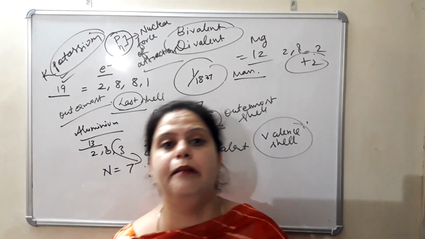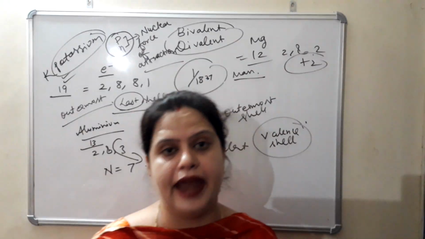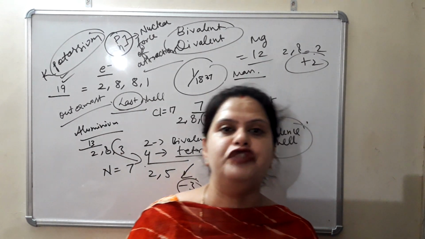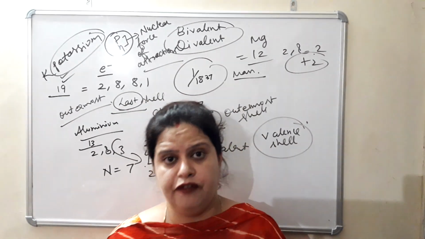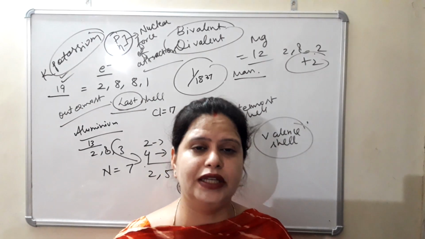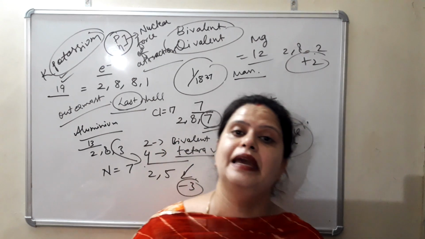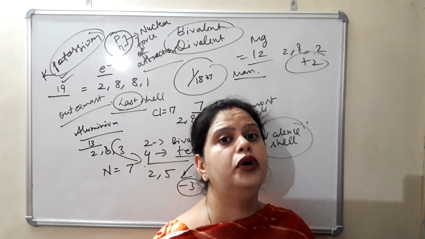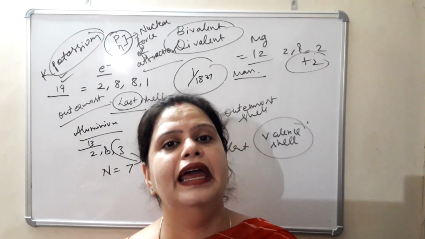Fourth is define chemical bond. So what is a chemical bond? Chemical bond is the force of attraction present either between the atoms of the same element or between the atoms of different elements, with which atoms join, combine or react with each other. That bond is known as chemical bond. There are different types: ionic bond, covalent bond, coordinate bond. In 9th and 10th standard you will study chemical bonding in detail.